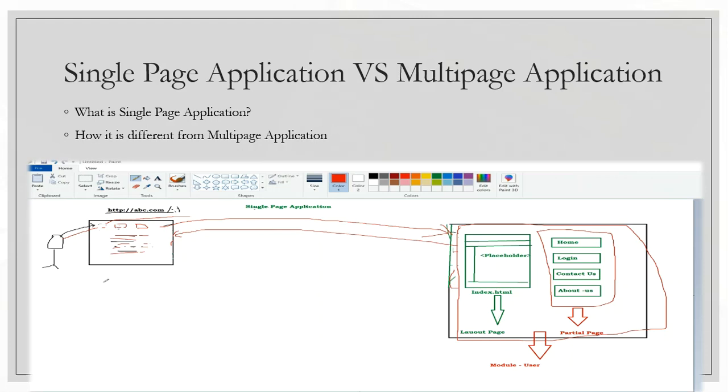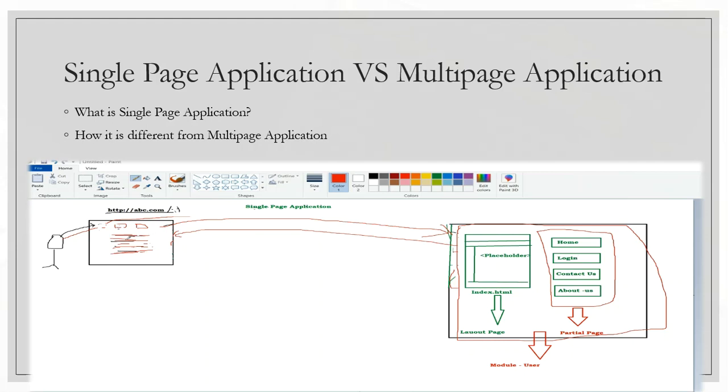So now we have received the complete module. Now at the browser end we are having all these partial pages as well. So index page will be loaded here, with the default placeholder replaced with the home page or the login page as per the design of the application.